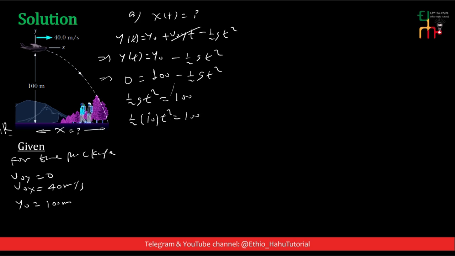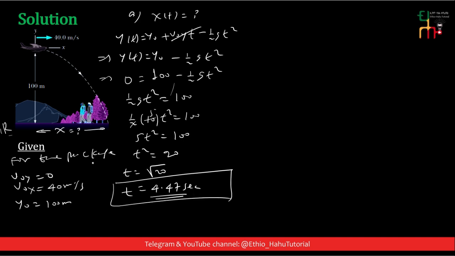By 1 by 2, 5. 5 t square is equal to 100. Divide both sides by 5. T square is equal to 20, and t is equal to the square root of 20. This is equal to 4.47 seconds. This is the time required by the projectile to drop this 100 meter and the time required to